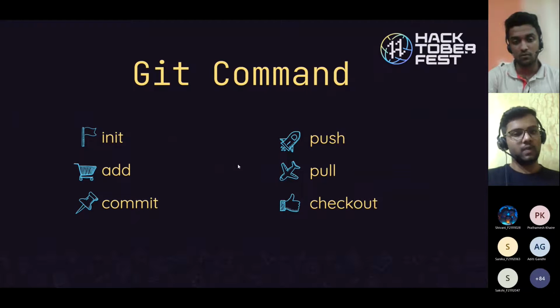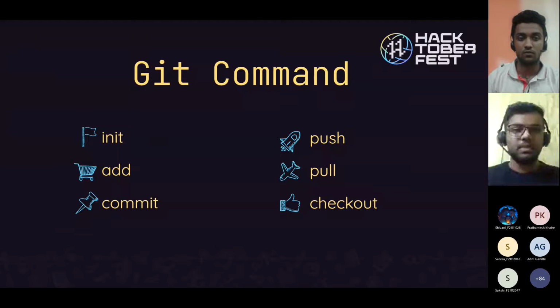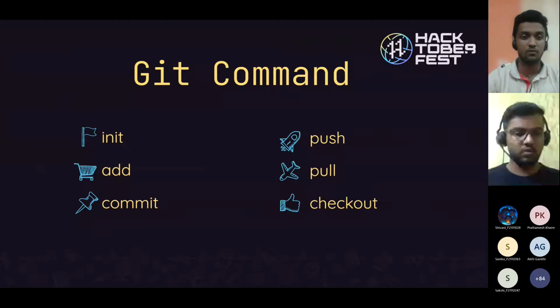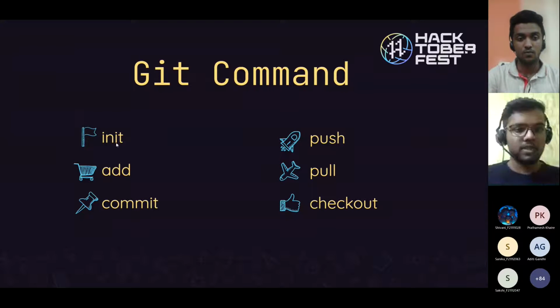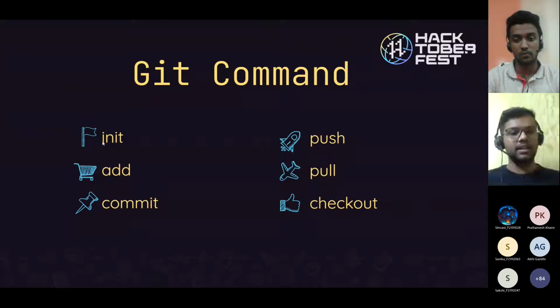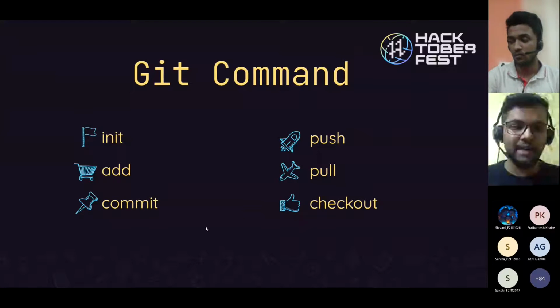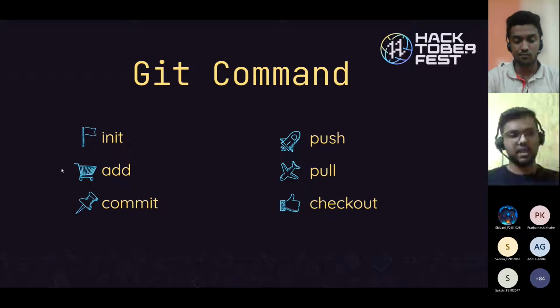As I told you, Git was introduced to collaborate. When many people want to contribute together, they come on Git and manage their code. These are the commands that Git uses: git init, git add, commit, push, pull, checkout. These are the basic commands you will have to know if you want to use Git in this Hacktoberfest journey.